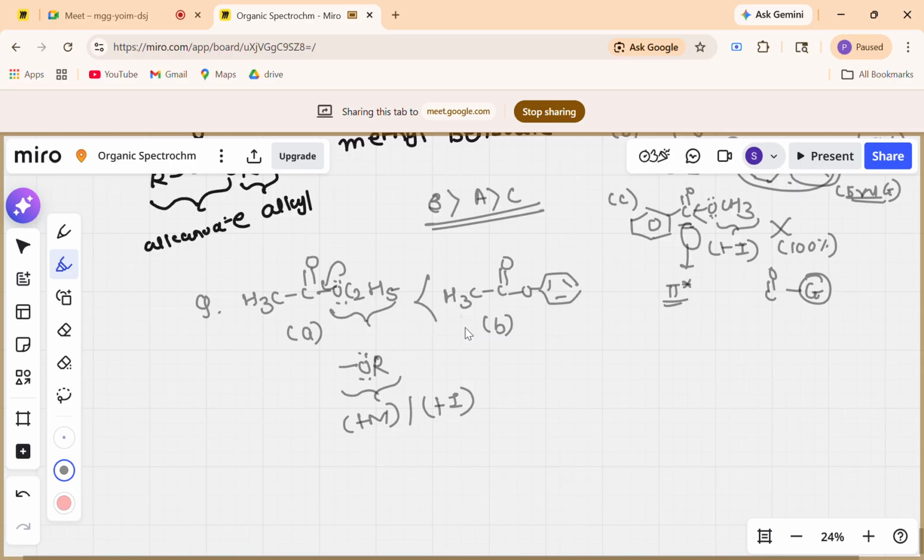Here again, if there is an OR group, then you know that it will show the plus M effect, the plus M effect or the plus I effect. So the lone pair will get donated to your carbonyl carbon. So therefore again here electro